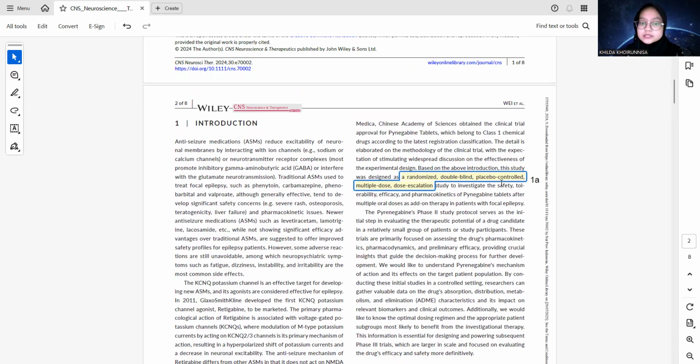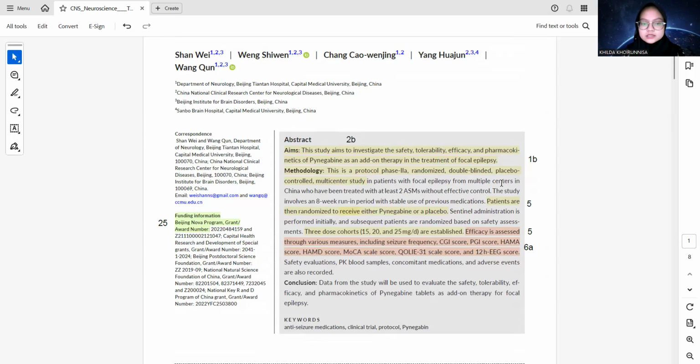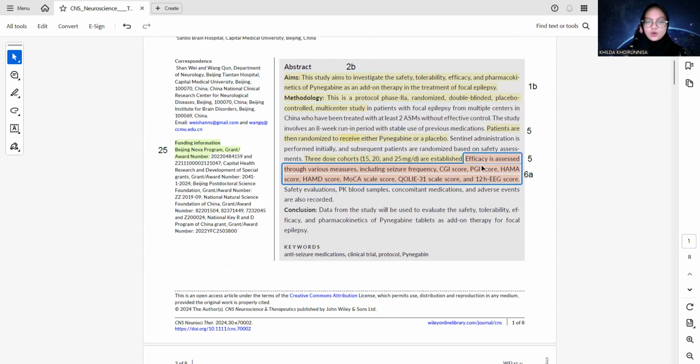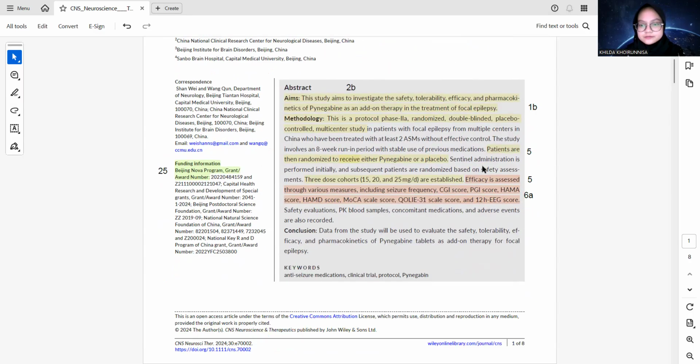So it clearly states the design. Next, item 1B: the abstract should be a structured summary of trial design. The article's abstract included the design, aim, method, and outcomes, making it complete.